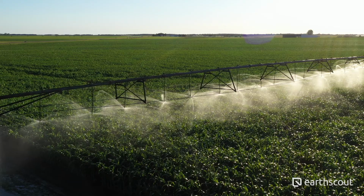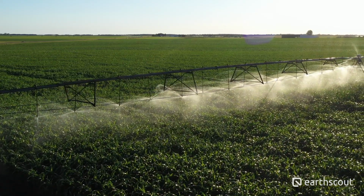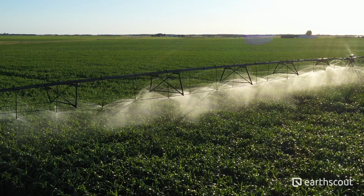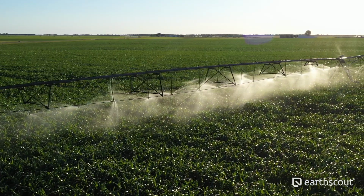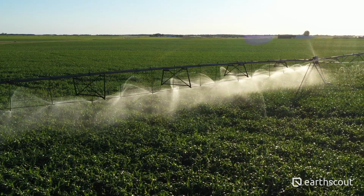It's the ability to turn the sprinklers on or off depending on where they're at in the field. So certain areas of the field might need more water and certain areas of the field need less, and certain areas almost need no water. They're close enough to the groundwater that we don't need to irrigate them at all. Variable rate irrigation allows us to use the water more efficiently and put it where it needs to be in